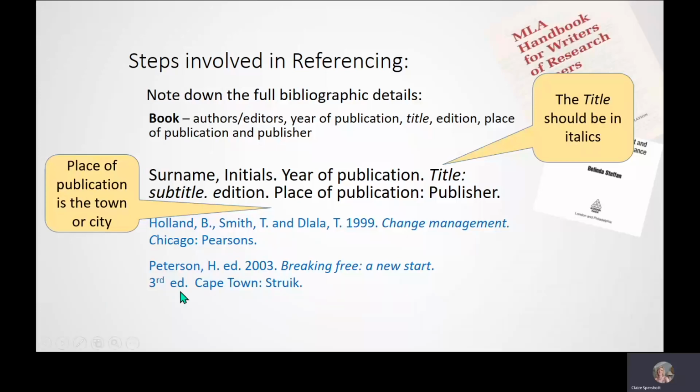If you look at the next example here, you can see there's the author's surname, Peterson, comma, H. It's obviously an editor. So if we look in the referencing guide, we'd have to put in the abbreviation ed and the year. And then the title here, we have a title and a subtitle. So we put the title, the colon, and the subtitle is all in lowercase and it's all italicized. Then there's our edition statement, and you can see, looking at the guide, how we write the edition statement. We abbreviate it, we write the number 3rd, and we abbreviate it to ed, place of publication, colon, and the name of the publisher.